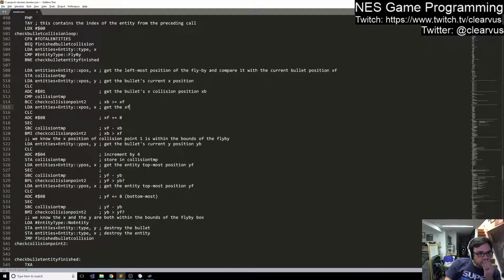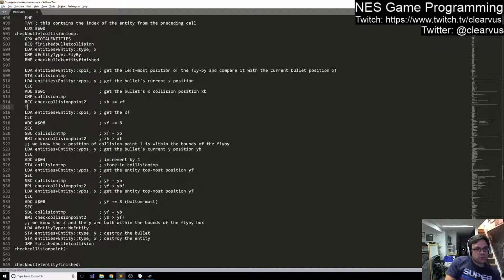So we can shuffle some things around. Let's transfer A to Y. No, we can't do that because we're using Y. So the issue is I want to add 8 to the X position, which is in collision temp,